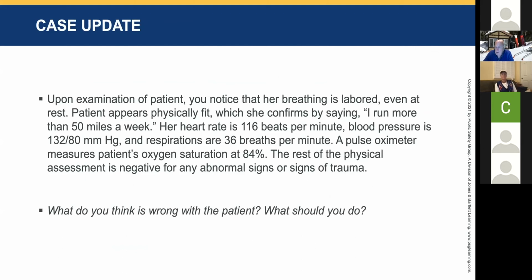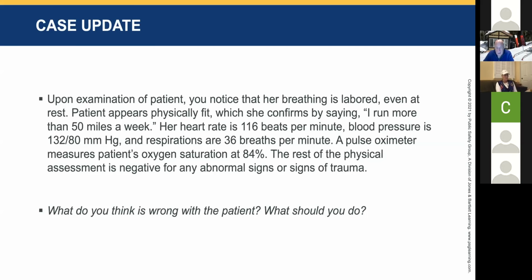What's a normal heart rate, everybody? Anybody want to come up with a guess? Remember that one? Not 60. 116, unless you're in an activity. What would a normal resting heart rate be, Len? Resting heart rate for somebody who runs 50 miles a week, between 47 and 52. Okay, but she's got some altitude.